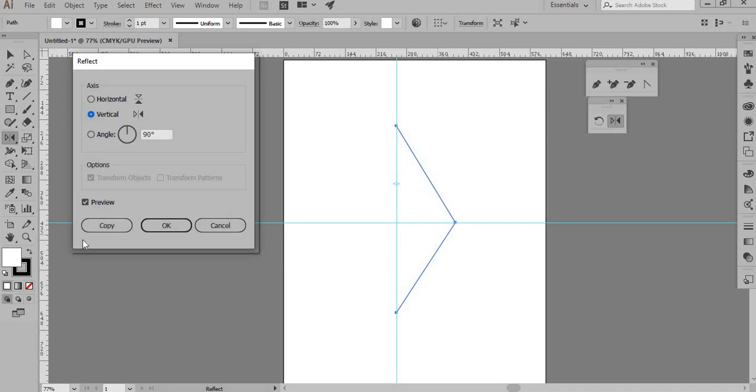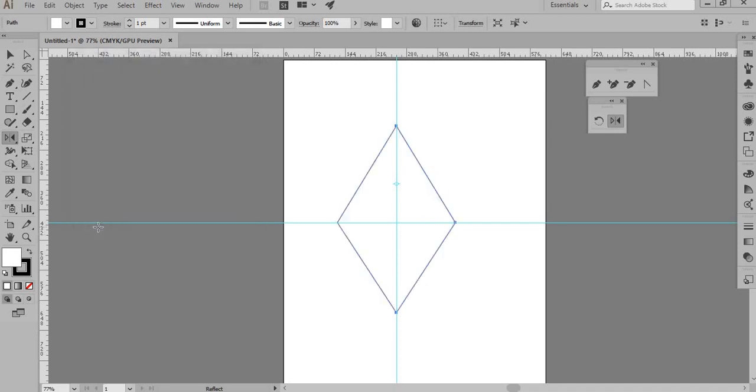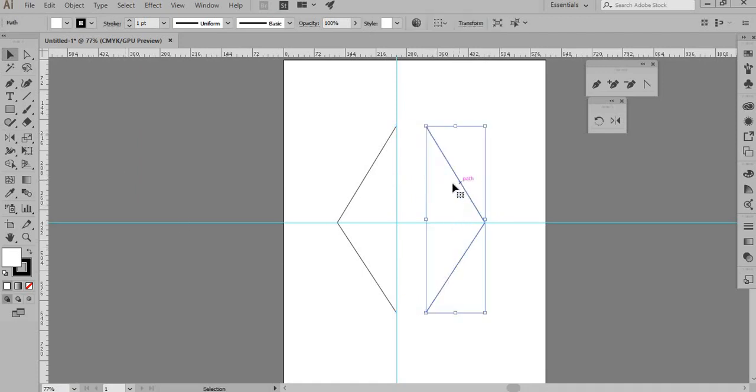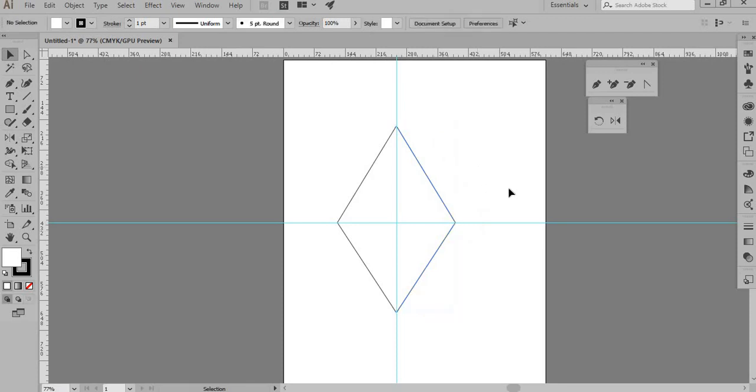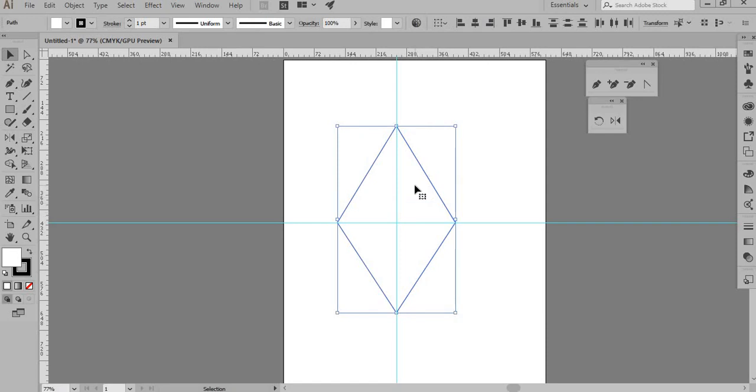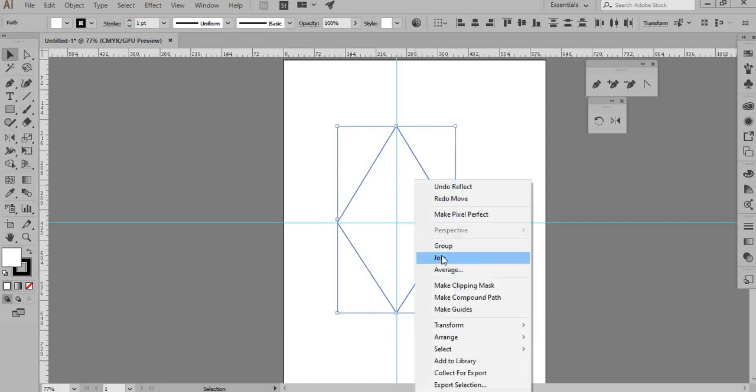You're able to do that, and you copy this. Instead of clicking OK, you copy it. Now there is another thing: I have not exactly joined it, so this is how it is, which is also not what I'm looking for. Now I'm going to marquee select both of these, right click, and join once and join twice.